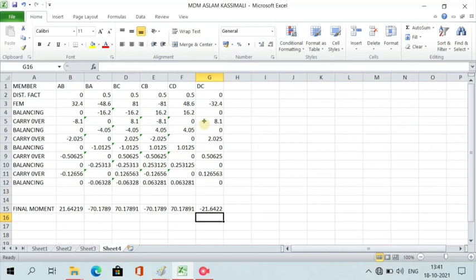We got our final moments like this. In this way we can use an Excel sheet. If you still have any confusion or any doubt, you can write a comment in